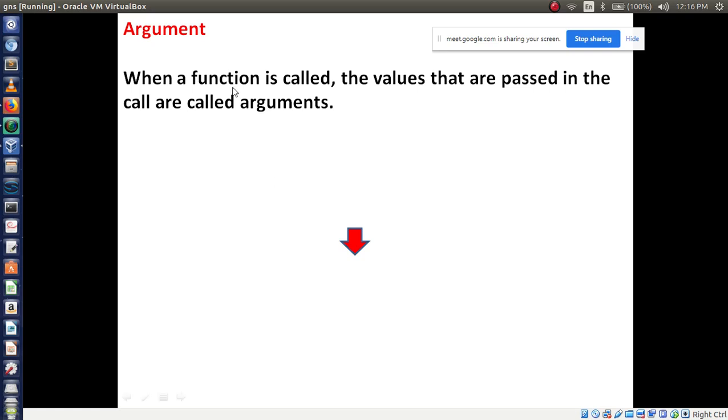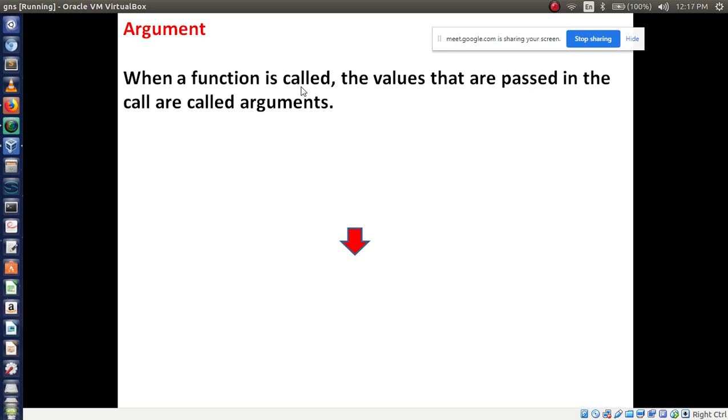See, a function is called means where you are going to call your function. Can anyone have an idea about this? Calling a function, called function, right? Remember, this is not recursion.